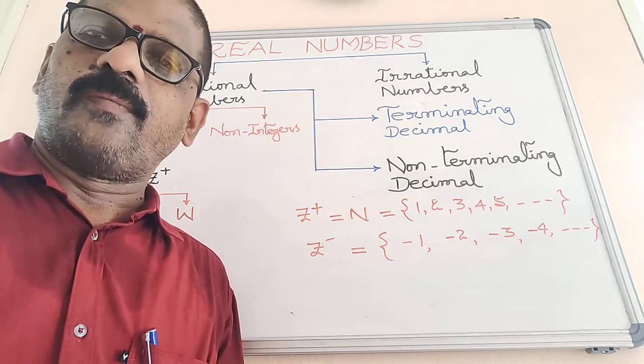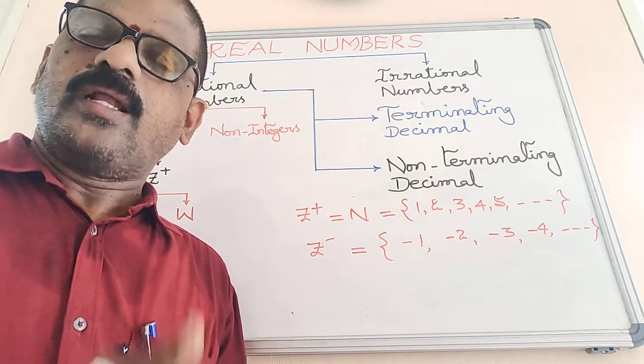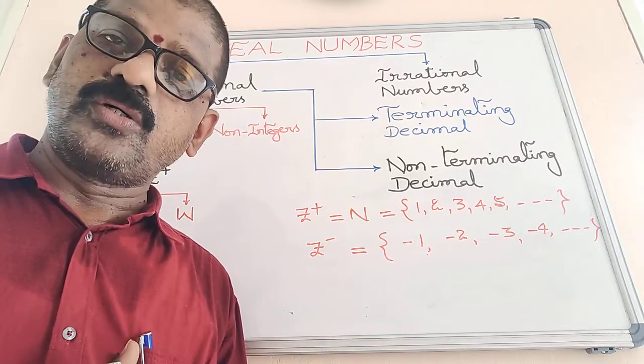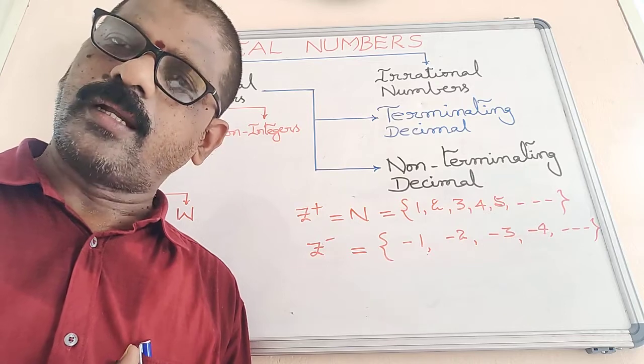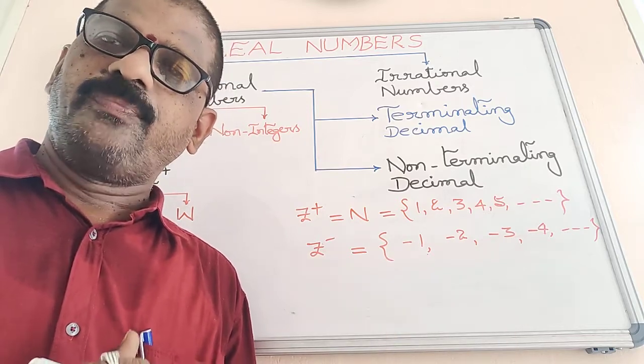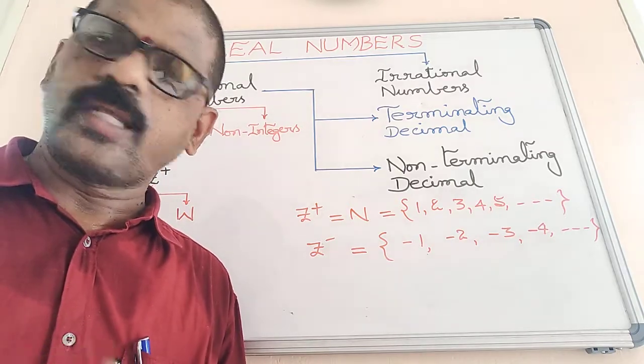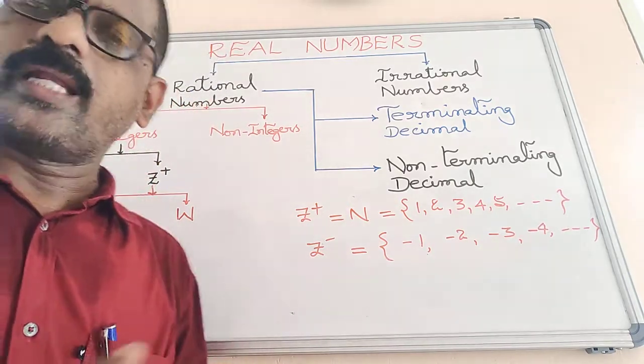What is called 0 from the integers? Now that is called 0 is neither positive nor negative. Clear? 0 must be neither positive nor negative. Clear all of you? Now we can represent